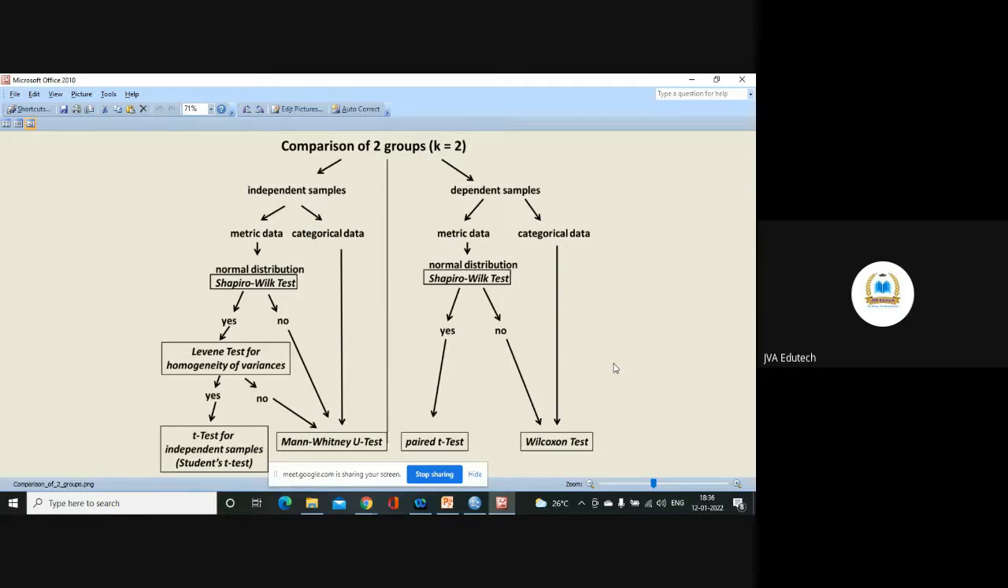Now if you find such things, then you go for checking whether, in the independent samples that you have taken, the outcome variable is categorical or metric. If the outcome variable is categorical, then directly move on to the non-parametric test for independent samples, that is the Mann-Whitney test. If it is metric, then of course there are chances that it could be normally distributed. So check for the normal distribution. Yesterday I told you how to check for normal distribution. Then check for